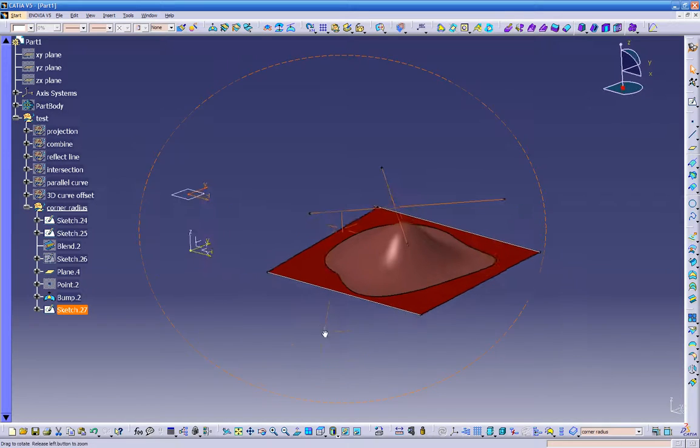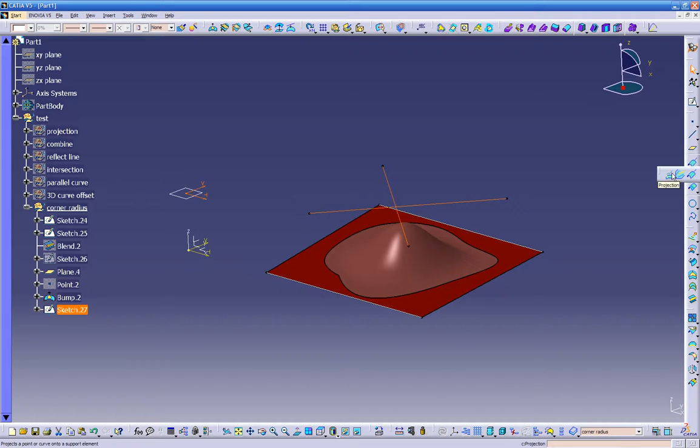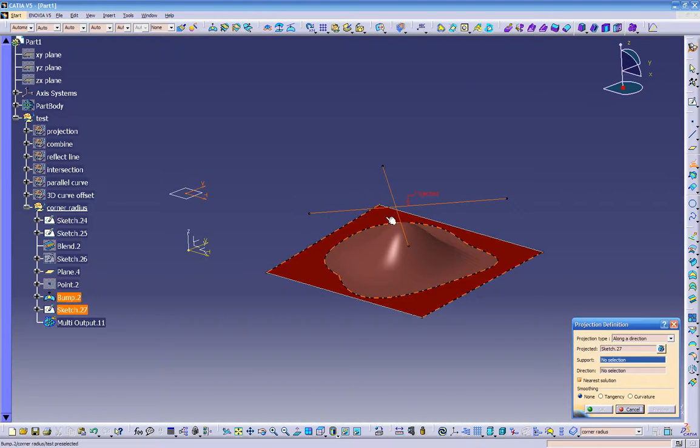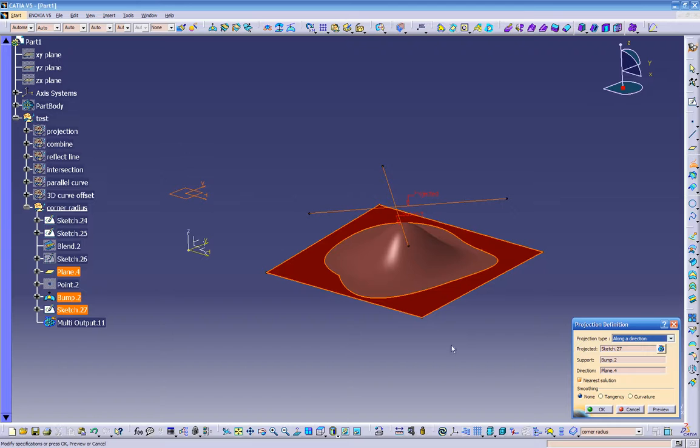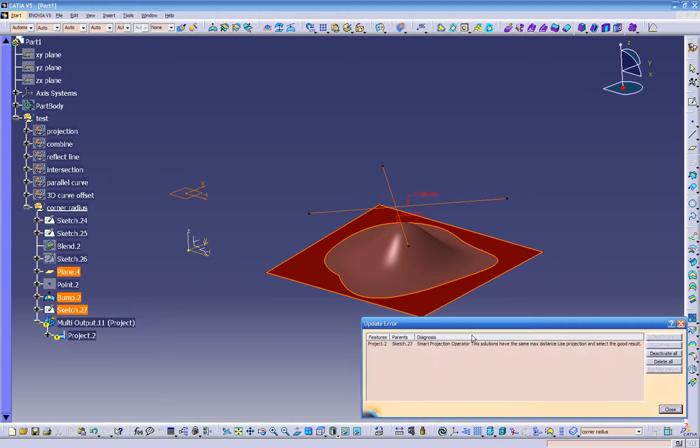So I want to do a projection. I want to project this along the direction the sketch line is, so this is already set up along the direction. We have the sketch already highlighted. Support is going to be the bump surface, and the direction is going to be up and down. So if you do a preview,